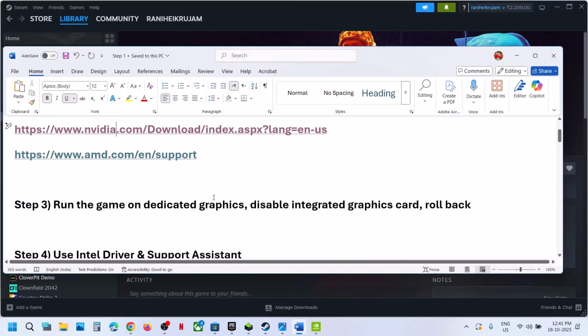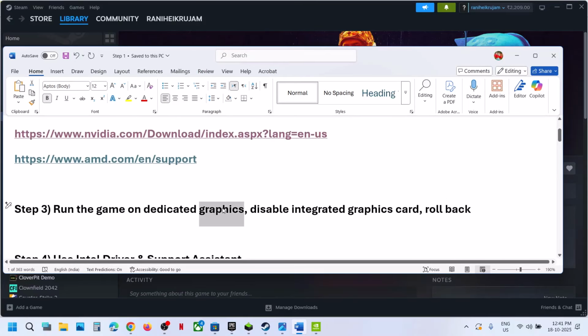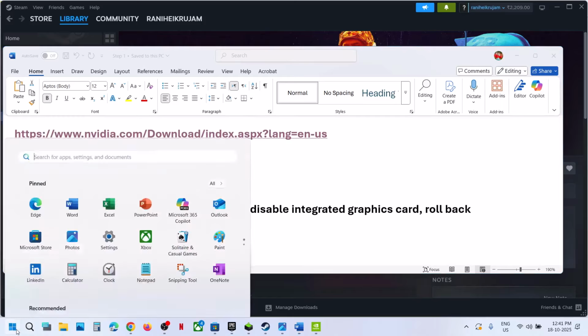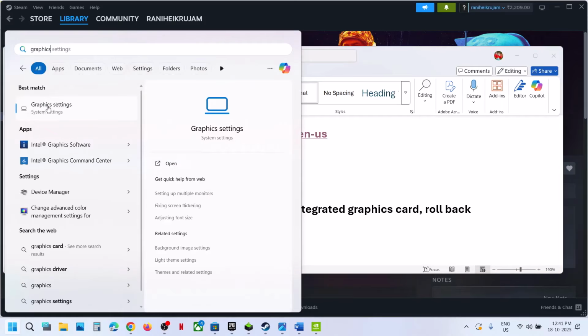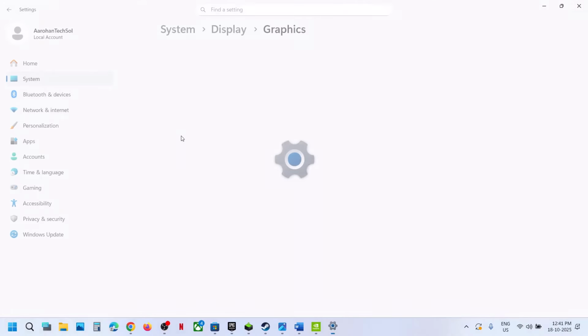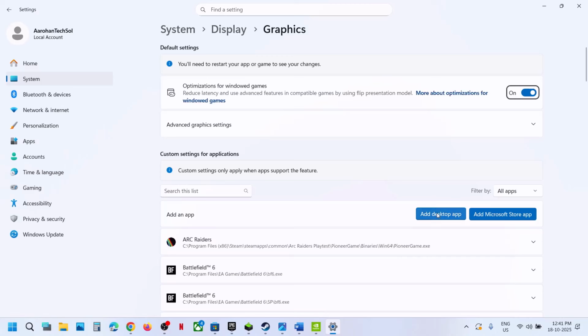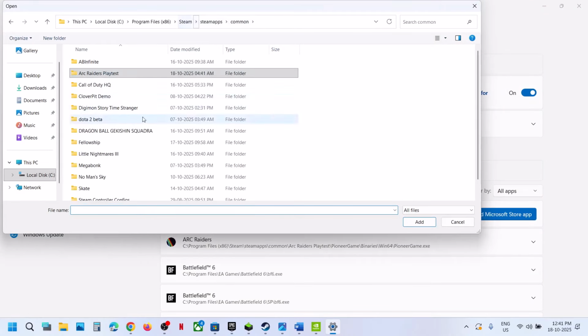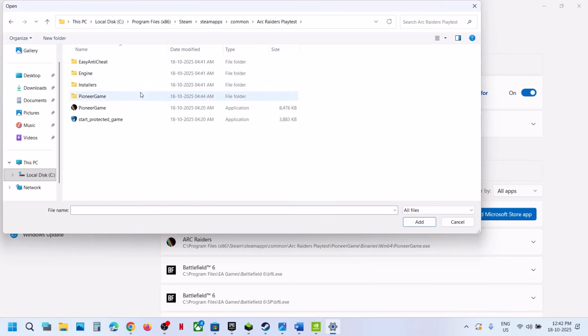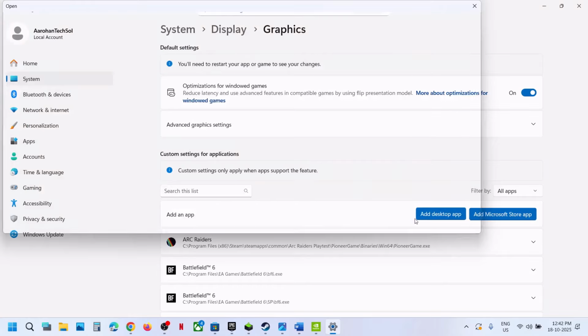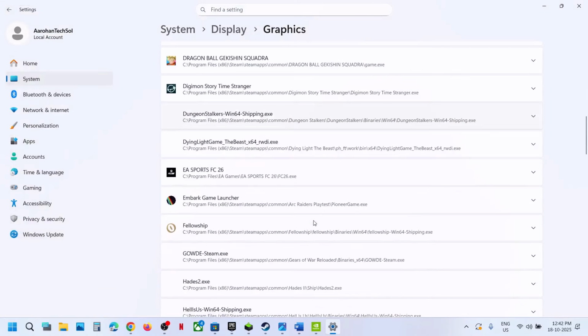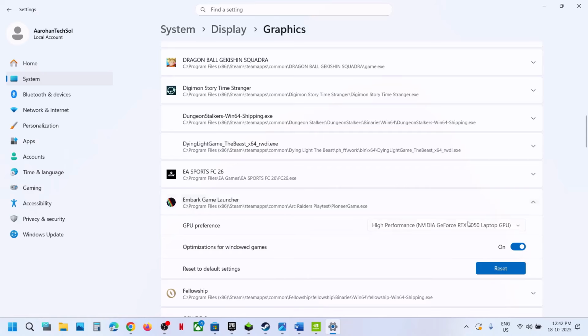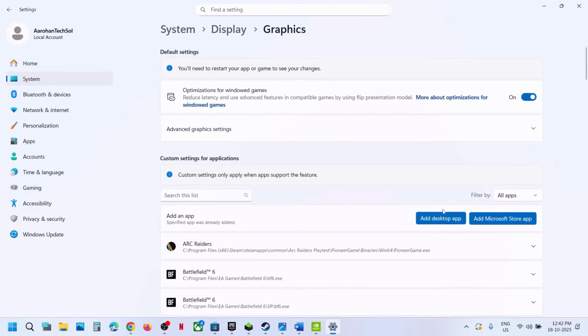Still not working. The next step is to run the game on dedicated graphic card. For this, type in graphics settings in Windows search box and then click on graphics settings. Click on add desktop app and then go to the game installation folder wherever the game is installed. So if the game is installed in, like, this is my location, open the game folder, select Pioneer Game, click on add and scroll down. Once you see the game, click on the game, select high performance over here and then click on add desktop